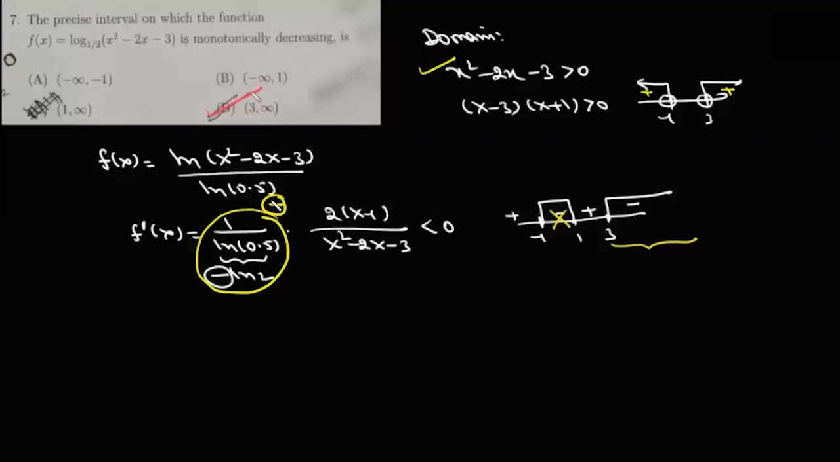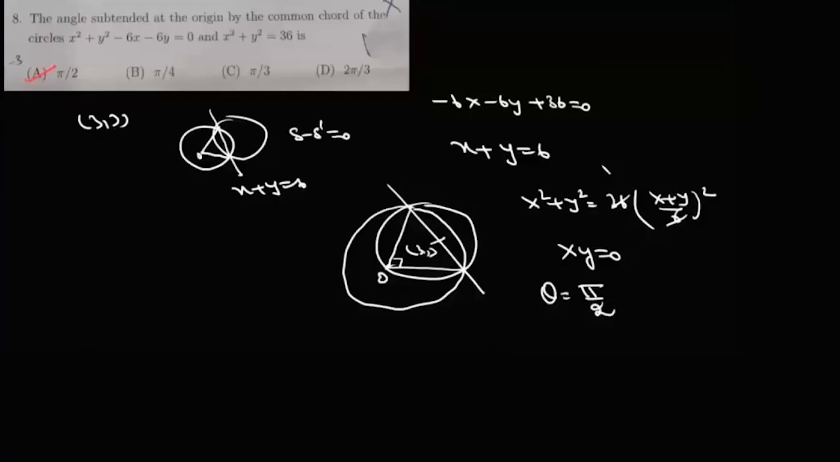So the minus sign occurs when x is greater than 3 or between minus 1 and 1. But minus 1 and 1 doesn't lie in the domain of this function. So the only correct option here is x greater than 3, and that's your option B. Now in question number 8, we are given two circles and we need to find the angle subtended by their common